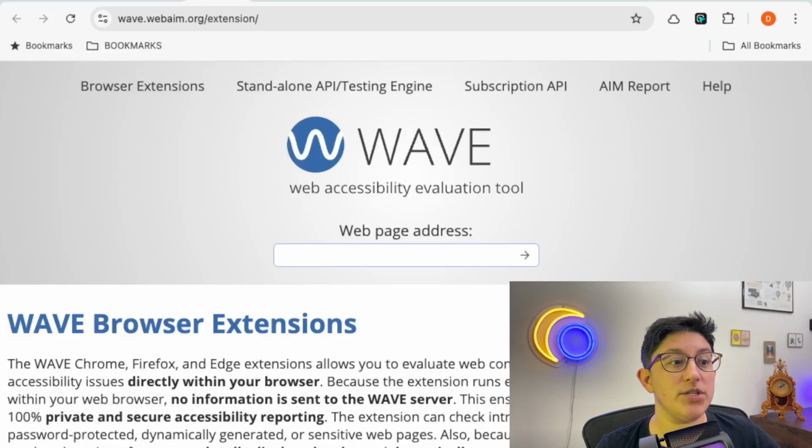The next one I want to mention is the Wave extension tool. It's a pretty comprehensive extension. It looks for errors as well as provides a list of other helpful things that might be needed for manual investigation. There are some additional tools built into the extension to give a pretty good picture of what's on the page, and they have a tool on their site that you can paste the URL into as well.